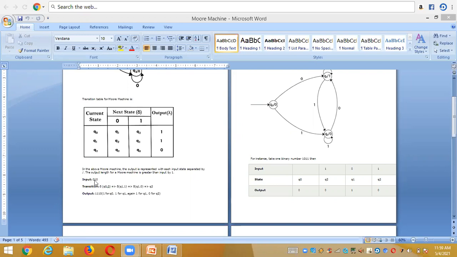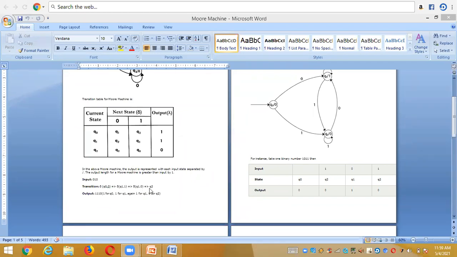Q naught with 0 goes to q1, but the output of the q naught is 1, right? Now here I am writing 1, and now I need to check it out. Q1 with 1 is Q2, and here also for Q1 I am having the output 1, so I am writing 1.